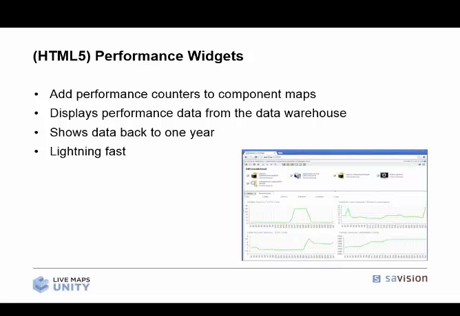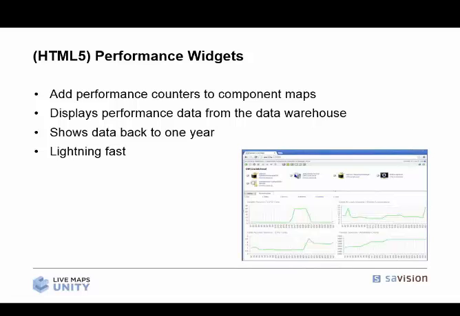Right now, though, we are still available through any web browser, so Safari, Chrome, and Internet Explorer, and Spartan, the latest one that Microsoft is releasing. We will support the dashboards we currently support right now, so don't worry about that. The HTML5 just gives us a little bit extra edge. Right now we're showing performance data from the data warehouse through it. This allows us also to go back 1 year,